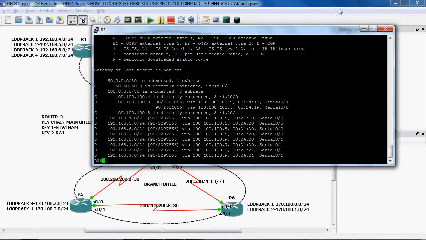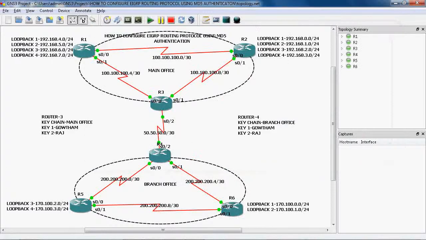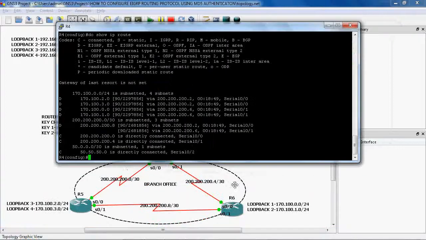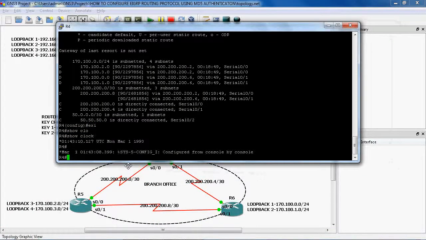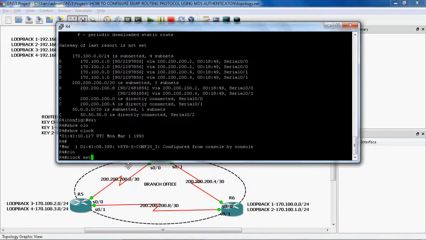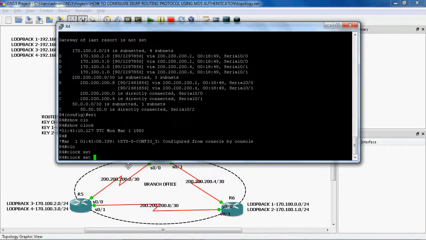Yeah, because on the R4 router also we have to change the time, then only it forms the neighbor relationship. Show clock. The year here is 1993, so we can change it. Here I will mention 5 o'clock, the 25th, May 2014.